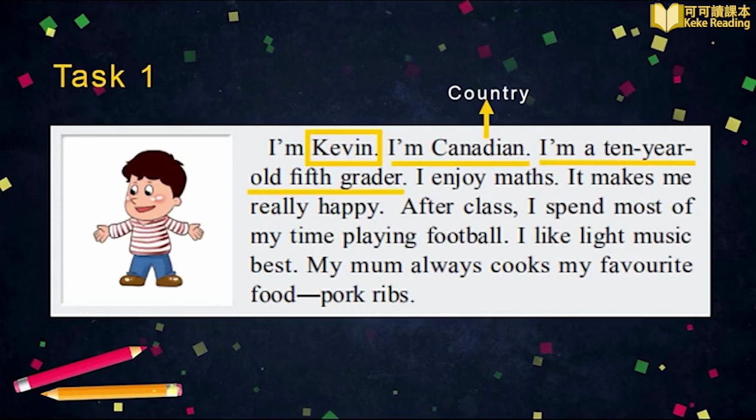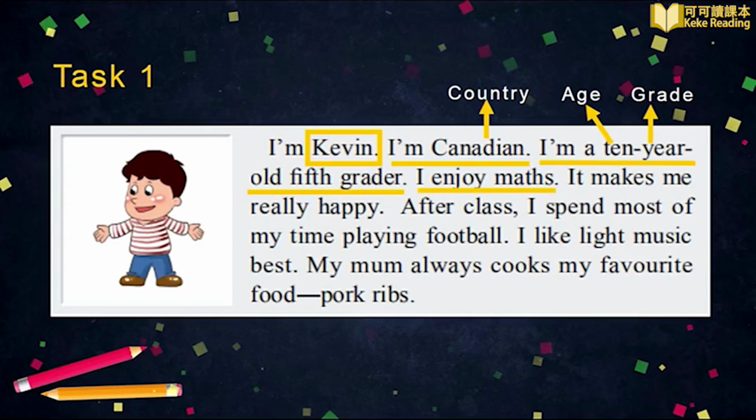I'm a 10-year-old 5th grader. 我是一个10岁的5年级学生。There are two information, age and grade. 这句话当中包含了 age 年龄和 grade 年级这2个信息。